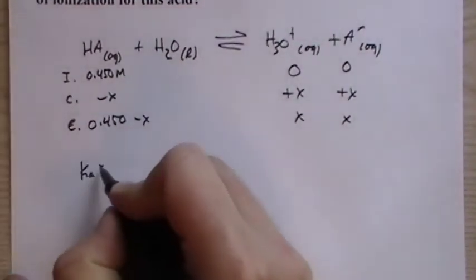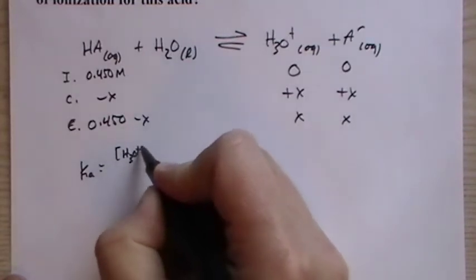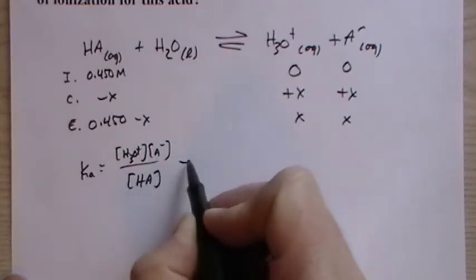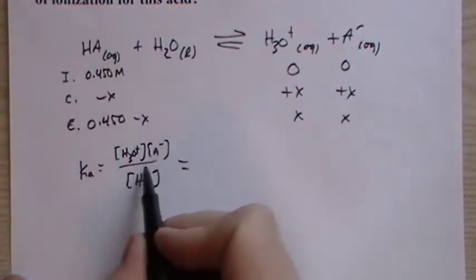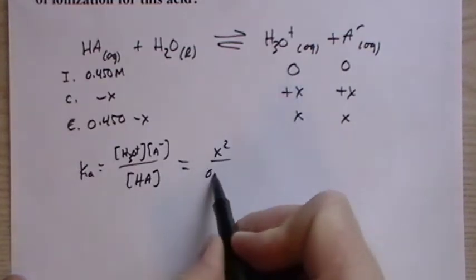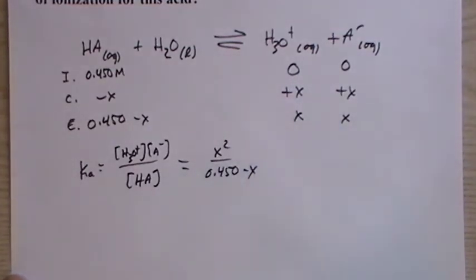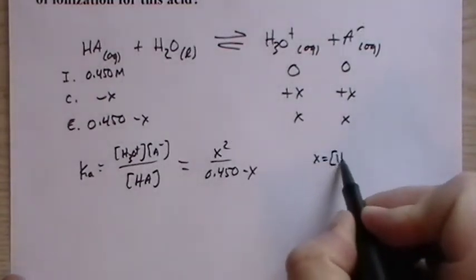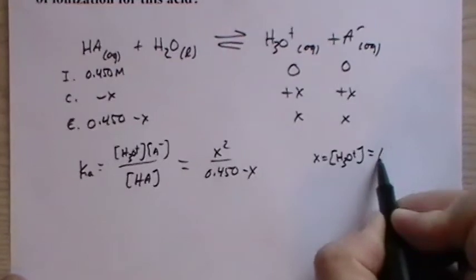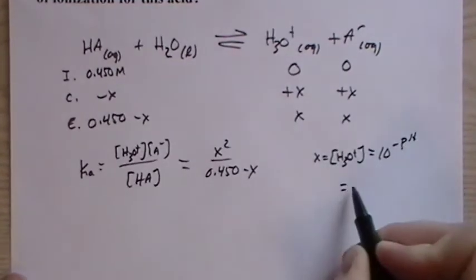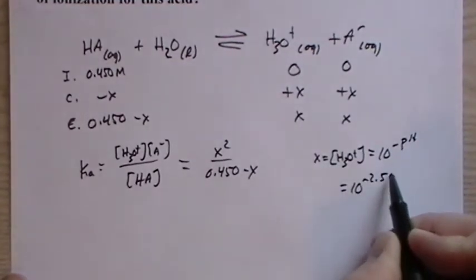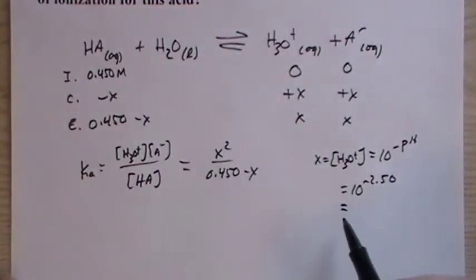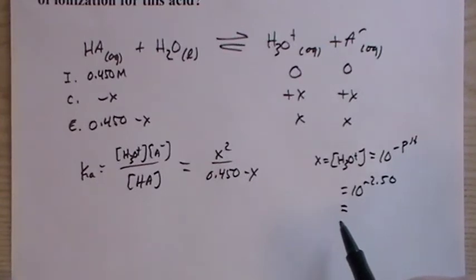The Ka expression, I'm going to write it out again, though after a while you should be able to skip this step, and I wouldn't mind that on my exam. Instead of putting this in, you just wrote this and then solved it. And then X is the concentration of H3O+, which we know to be 10 to the minus pH. They gave us the pH, so that's 10 to the minus 2.5. Yeah, 2.5. And this comes up to be,